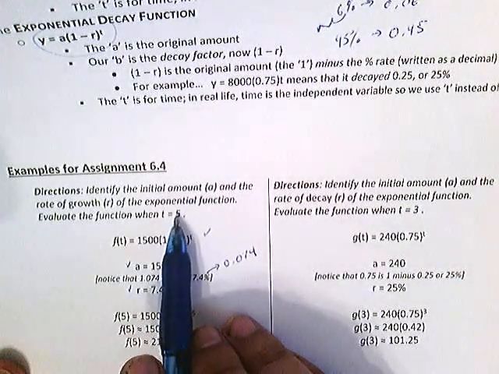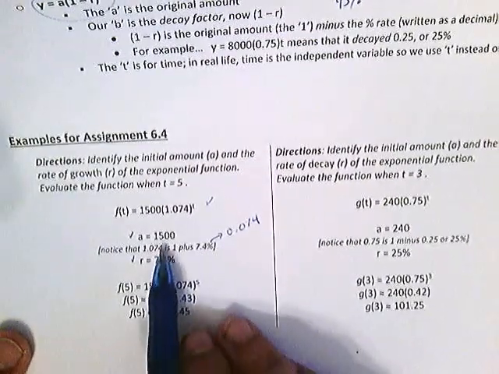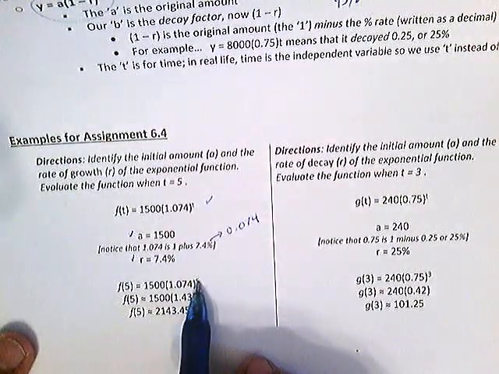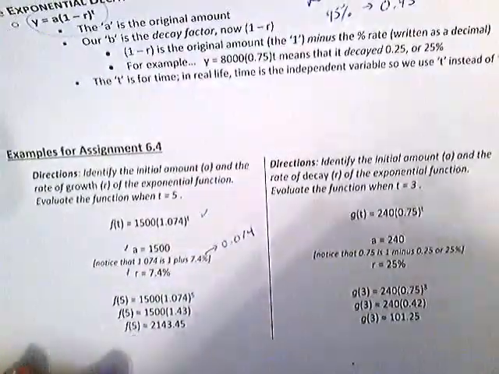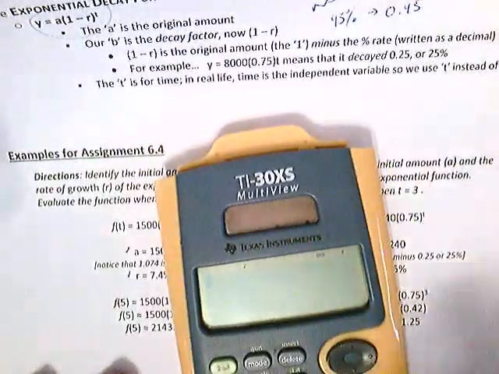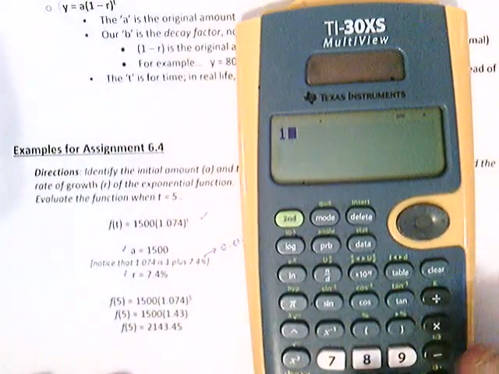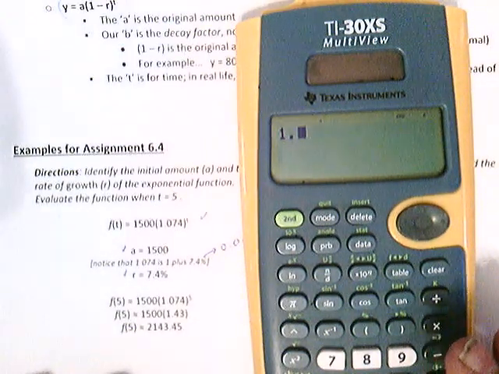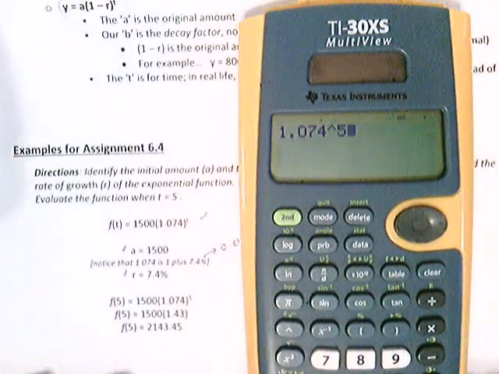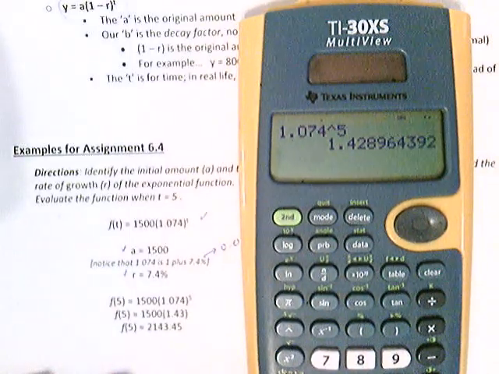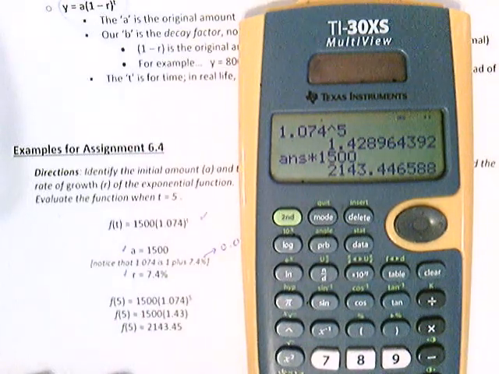And now what they want us to do is pretend that the t, that's our exponent, is 5. So I take this same equation, I put a 5 here, and using my calculator, let's remind ourselves how that happens. Using our calculator, we have 1.074 to the exponent of 5. We hit enter, we get our decimal number, and then we multiply by the A. And that's our answer,